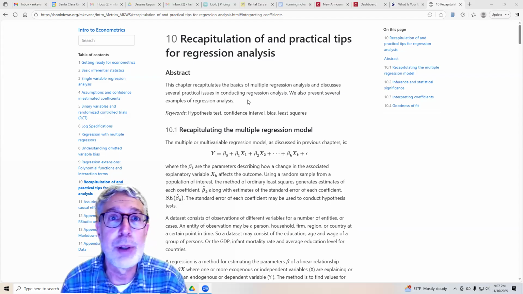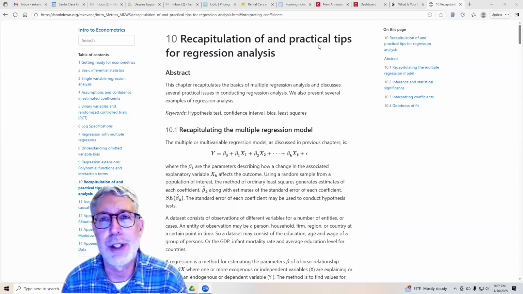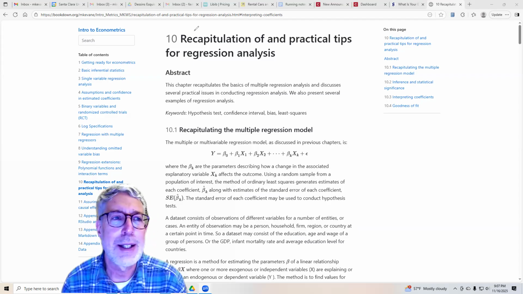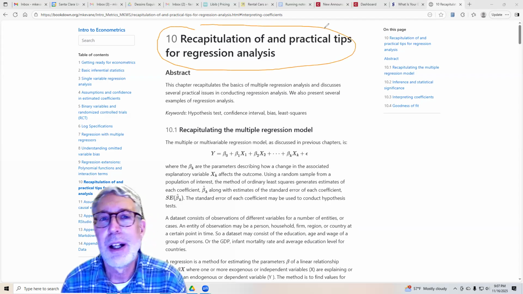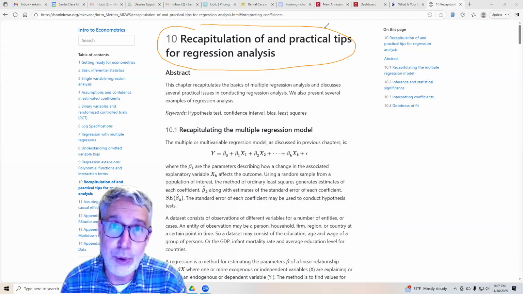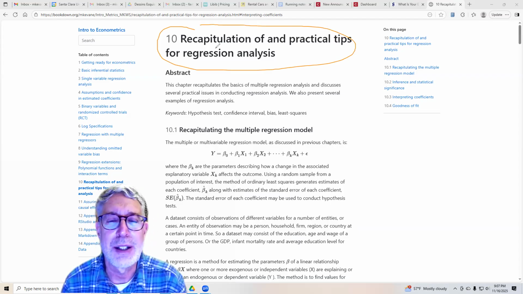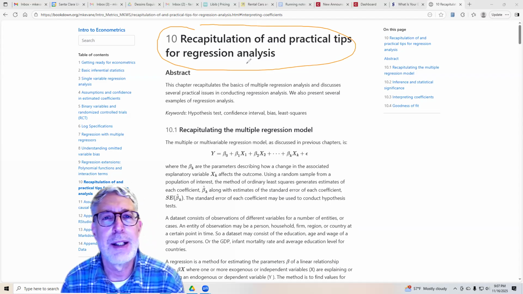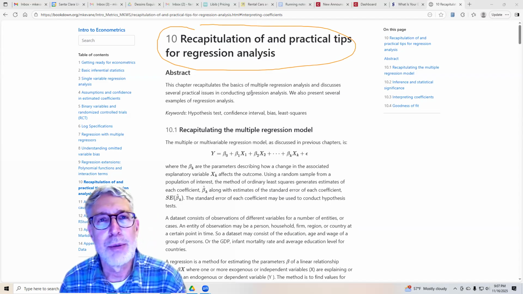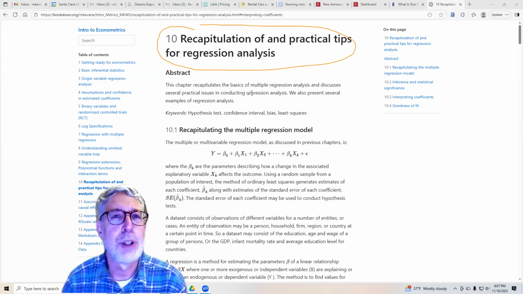I think it's very important for you to read Chapter 10. As you can see, Chapter 10 is a recapitulation of and practical tips for regression analysis. We'll spend some time reviewing regression analysis and then at the end of the chapter, look at an actual paper